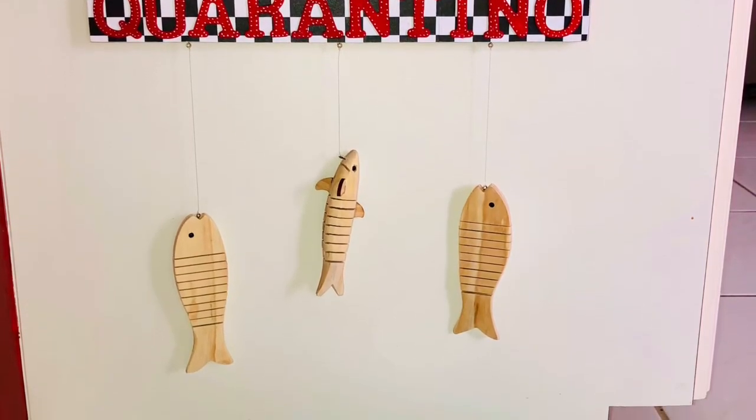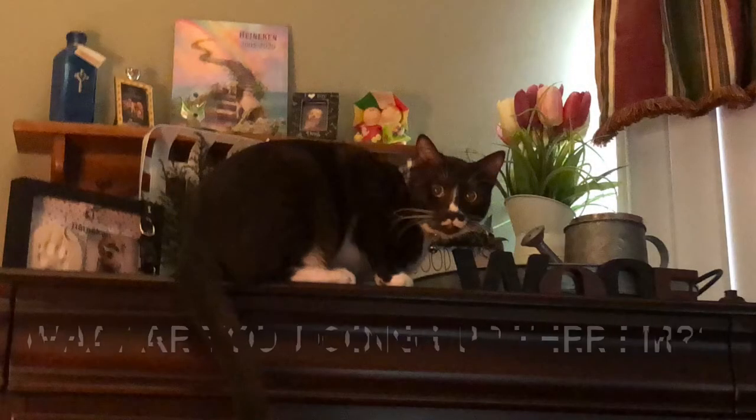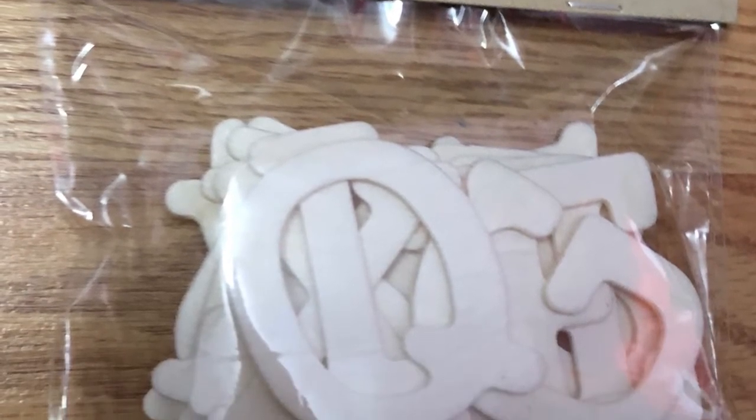The reason I decided to make a little something is because I found him up here in my dog's memorial little section of my dresser. Bad Quarantino. So what we're going to need are some wood letters, and depending on how many doubles you have,